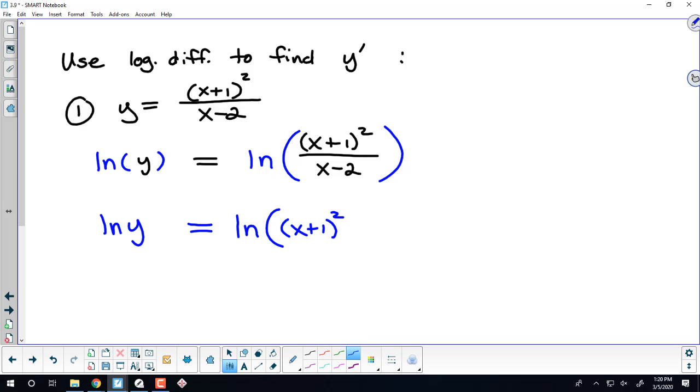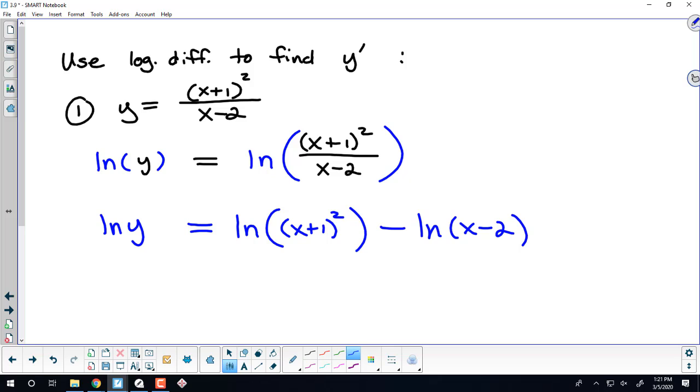Natural log of the numerator minus the natural log of the denominator. All right. The second term here, natural log of our denominator, x minus 2, we can't do anything with that